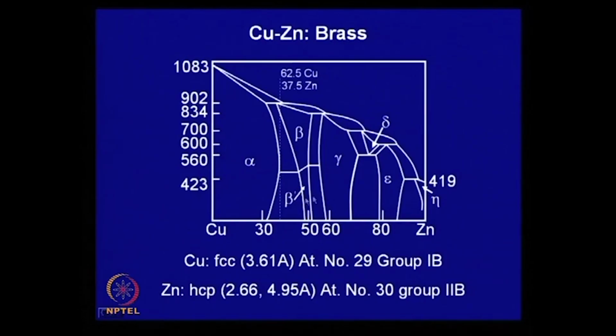You add more zinc, you get another intermediate phase gamma, you add even more, you get another intermediate phase which is called epsilon, and ultimately the terminal solid solution, the zinc rich solution, which is eta. So, you have several intermediate phases in between, and amongst brass, the common brass which is used,